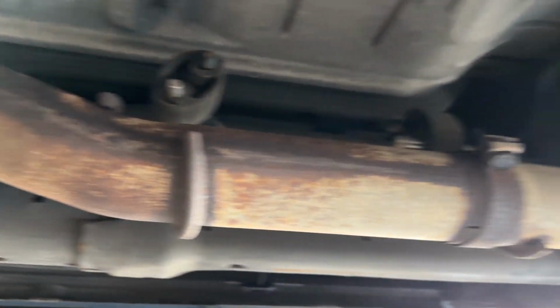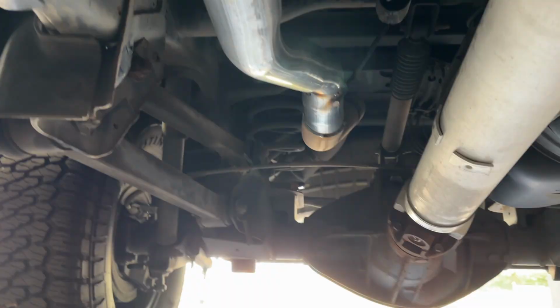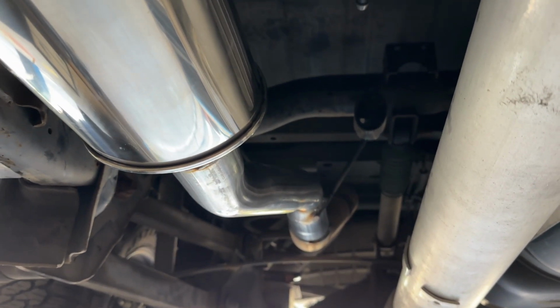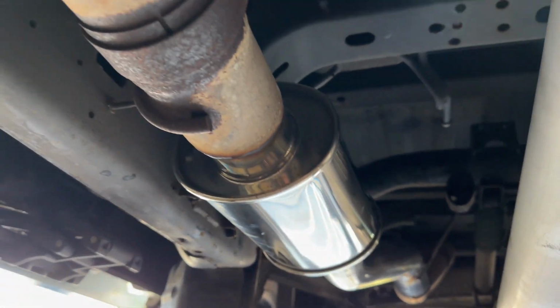And then we added 3-inch pipe. Why do you guys always ask us why we don't do 3.5? Our bender can only bend 3-inch pipe. That's the biggest we can bend. We cannot bend 3.5. This is all mandrel bent. So if you guys don't know, now you know. That's why we put 3-inch, not 3.5. And we can't just get 3.5 little pieces and piece it together. It's gonna look like crap. That's why we have to do it in 3-inch, which doesn't cut down much on flow,